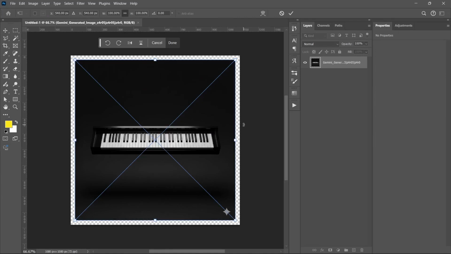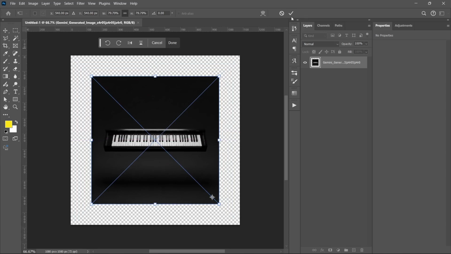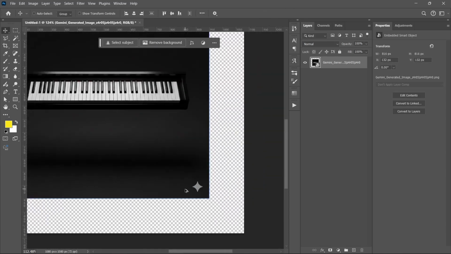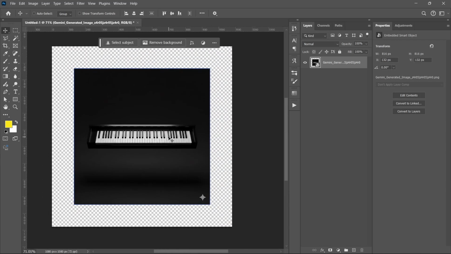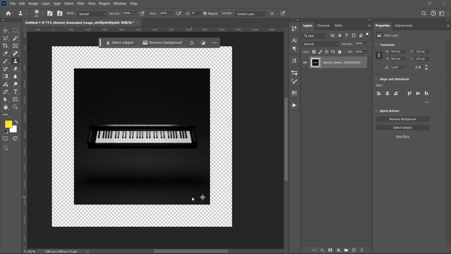Right, so this is the asset that I used, and basically I got this using Gemini AI. As you can notice, their watermark right here. So the first thing I'll do is to remove that watermark using the clone stamp. So I'm just going to select it. I also have to rasterize this to use the clone stamp tool. So rasterize the layer, and